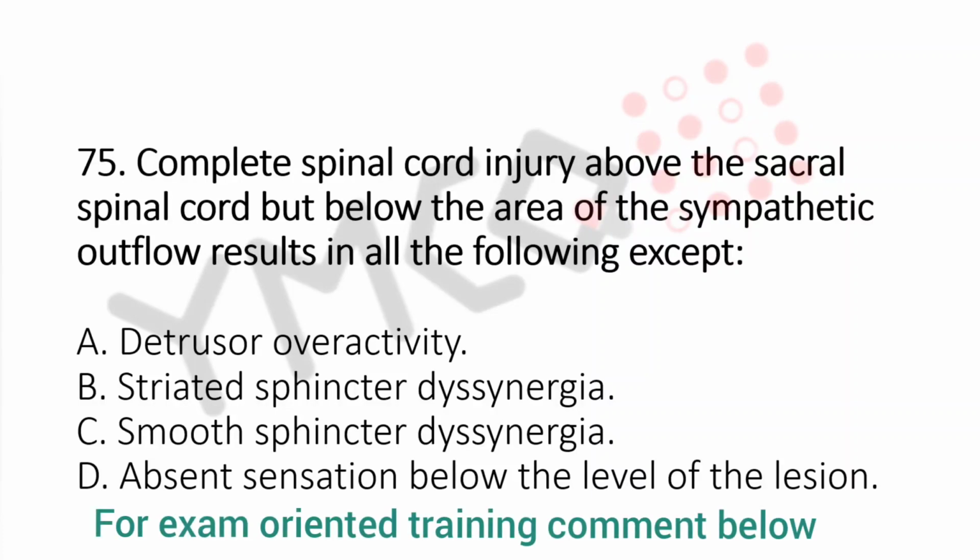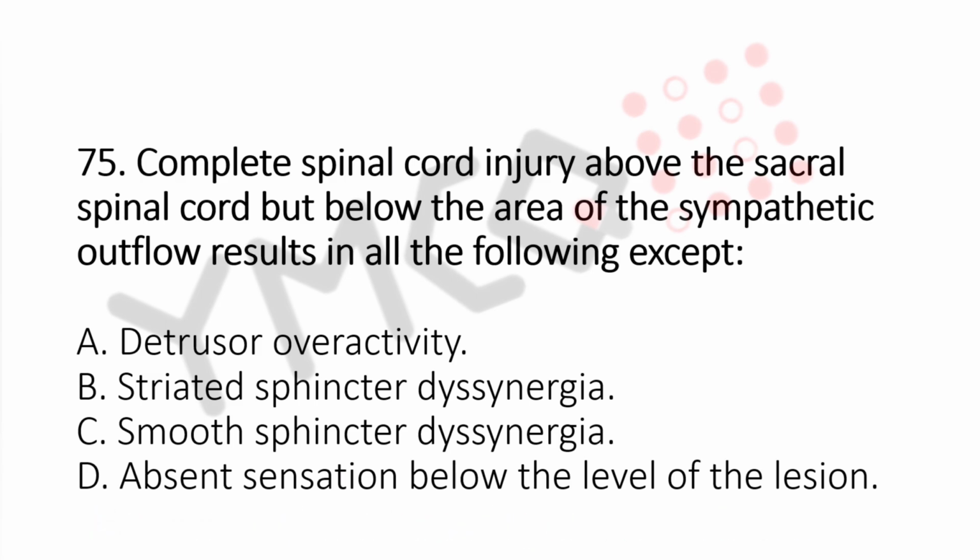Complete spinal cord injury above the sacral spinal cord but below the area of the sympathetic outflow results in all the following except: A. Detrusor overactivity, B. Striated sphincter dyssynergia, C. Smooth sphincter dyssynergia, D. Absent sensation below the level of the lesion. And the answer is